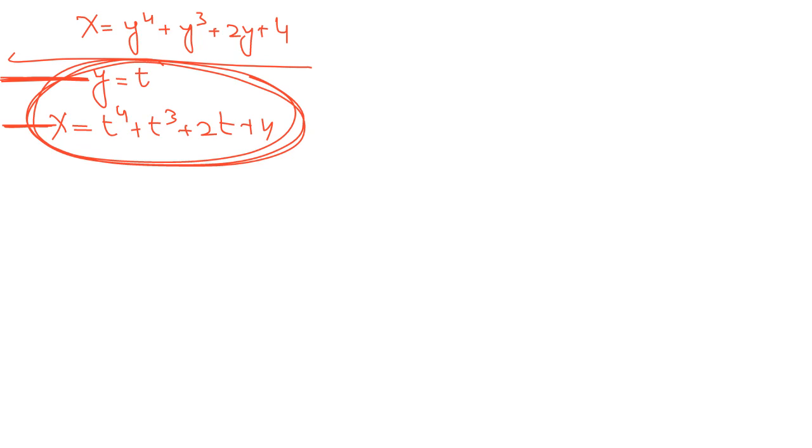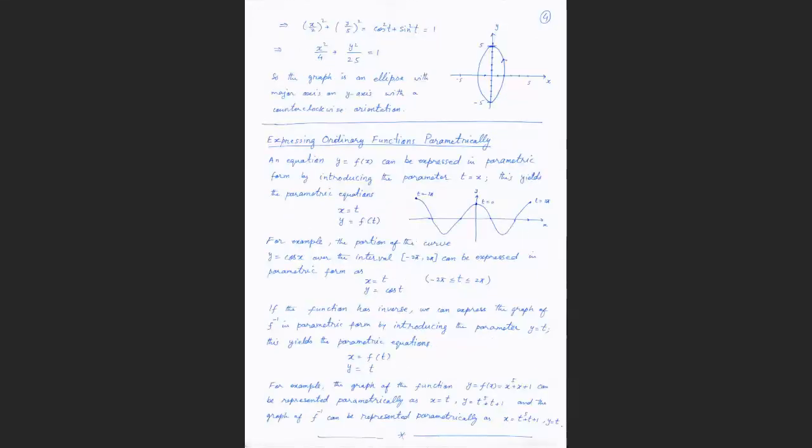Okay, so let me explain it here. See, this is a function and we change it into a parametric form. I have a function y is equal to cosine of x. I change x is equal to t, and I have another equation y is equal to cosine of t. So this is a parametric equation. If we have an opposite function, meaning an inverse, then on the inverse side we have to choose y is equal to t.